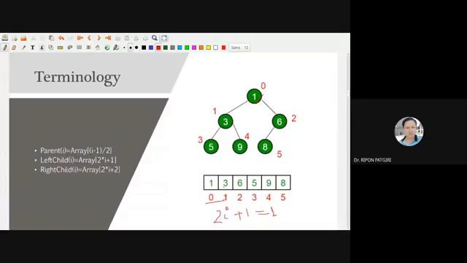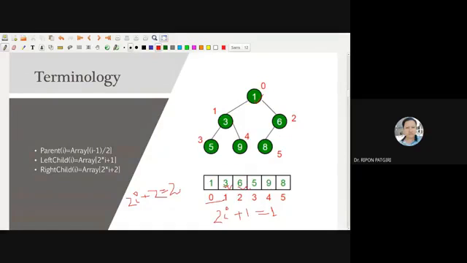It is 3. The right child is 2 times I plus 2. I is 0, so 2 into 0 plus 2 equals 2. So its right child is 6.